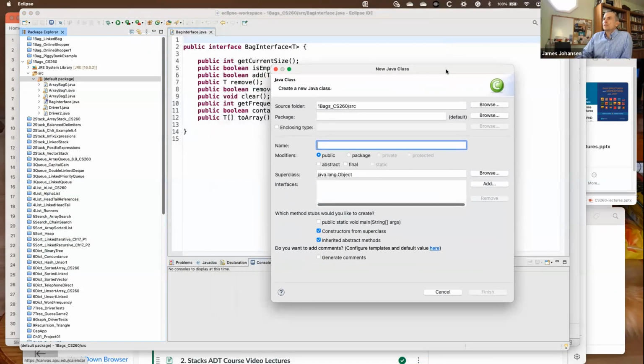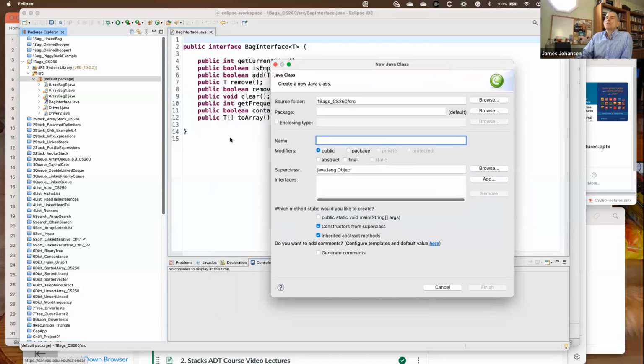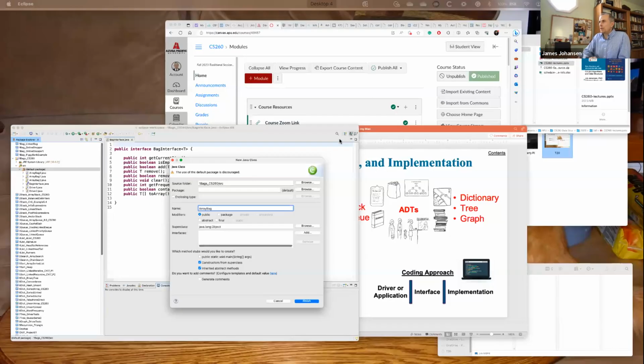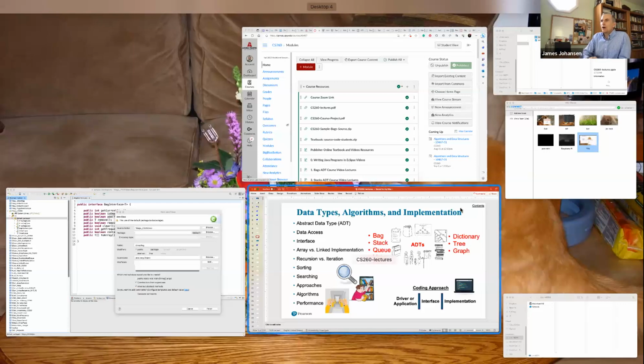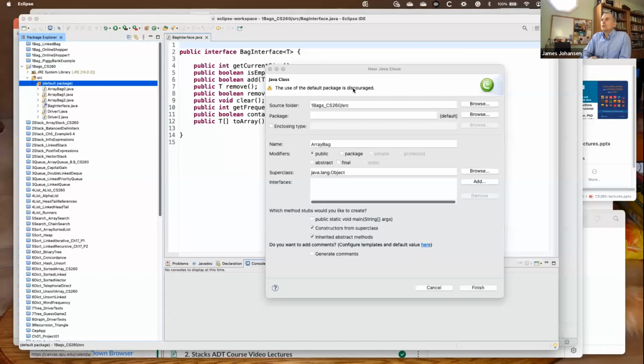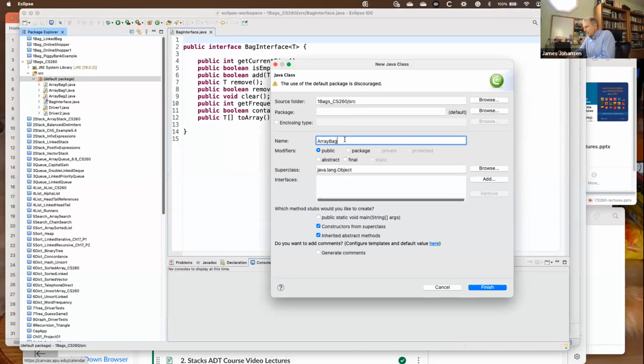And what I'm going to show you is how to link this interface with that, in case you haven't seen that. The convention that the authors use, which I think is really quite helpful, is to specify, if we're going to create a bag, what kind of a bag are we going to create? So what I'm creating here is an array bag. This is starting to get into the details about what I'm going to do for the implementation. You can keep that in mind. You can do whatever you would like, but I'm going to be using that convention.